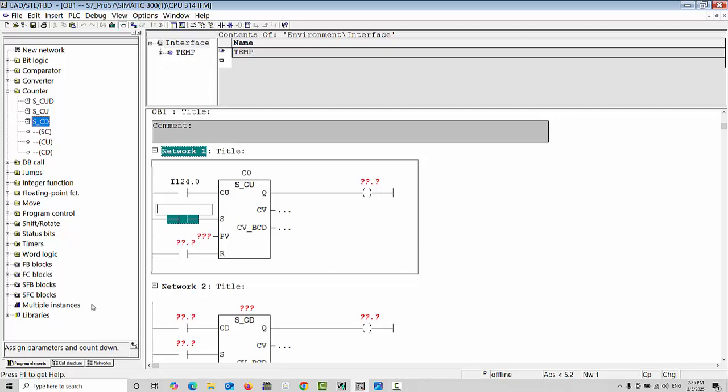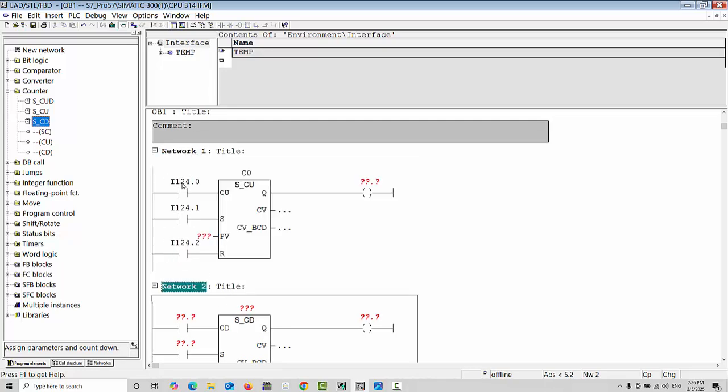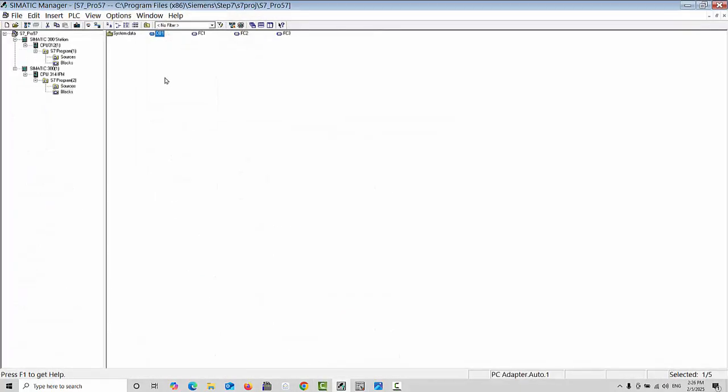And this is I124.1 you can choose, and here I124.2 we can choose. Sorry, this one I124.1 and this is I124.2. Why am I writing I124.0? Because of my PLC